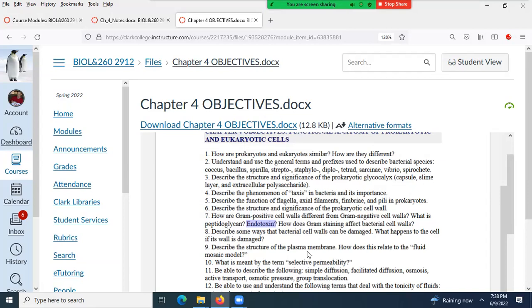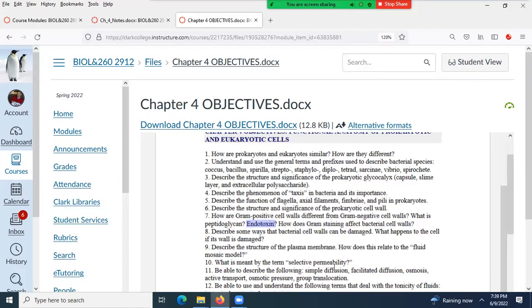You should describe the structure of the plasma membrane and how it is a lipid bilayer, and it controls what enters and leaves the cell. Everything that goes through the plasma membrane must be able to go through the lipid of the plasma membrane, meaning the inner part of the bilayer. And anything that wants to move across the membrane, either into the cell or out of the cell, if it can't go through the lipids, then it has to have a transport protein to transport it across the membrane.